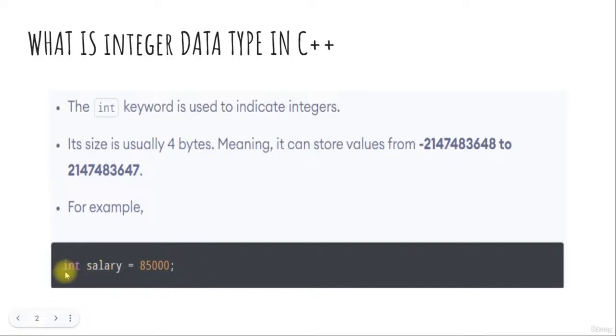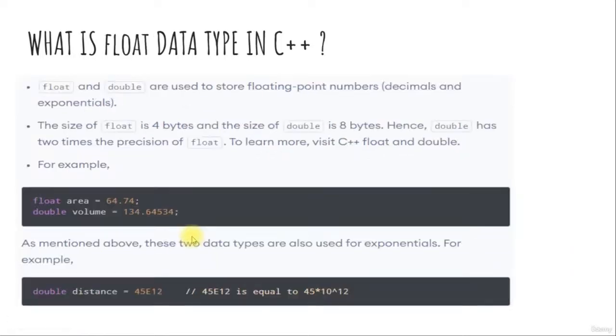So what this line of code in the entire program of your C++ will do, basically it will make a variable named salary. The data type of the variable will be integer, and 85,000 that you have written on the right hand side of this equal to will be stored into this variable called salary. I hope this is very clear to you. Now moving on to this example, we have one more variable called float area. So the name of the variable will be area, and data type for this variable is float, and the value that we are